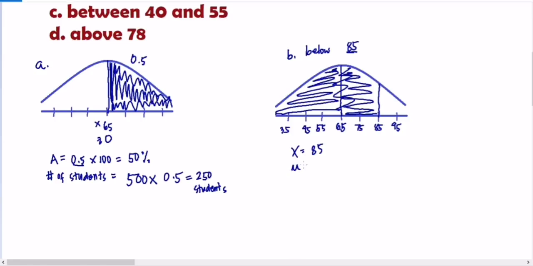Then, meron tayong mean na 65. Then, meron tayong standard deviation na 10. Yun yung gagamitin natin para ma-convert. So, yung formula, lagay ko lang ulit, x minus mean over standard deviation. So, z equals, yung x na kino-convert natin, 85 minus 65 divided by yung standard deviation na 10. Z equals,